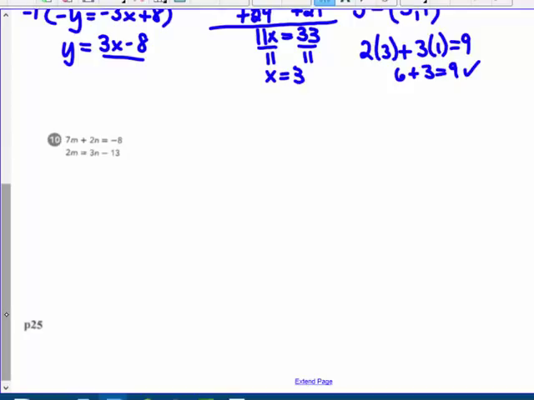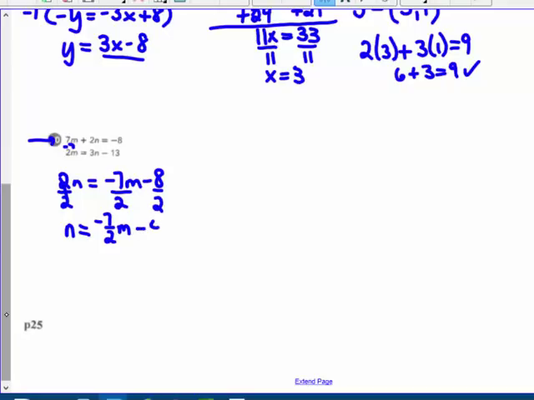Oof, I'm going to have fractions everywhere. This again would be an easier one to do elimination. I'm going to solve this top equation for n. So 2n, and I'm going to subtract that 7m right away. So negative 7m, minus 8, give myself space. So I'm going to have negative 7m minus 8. I'm going to divide by 2, divide by 2, divide by 2, and I get n equals negative 7/2 of